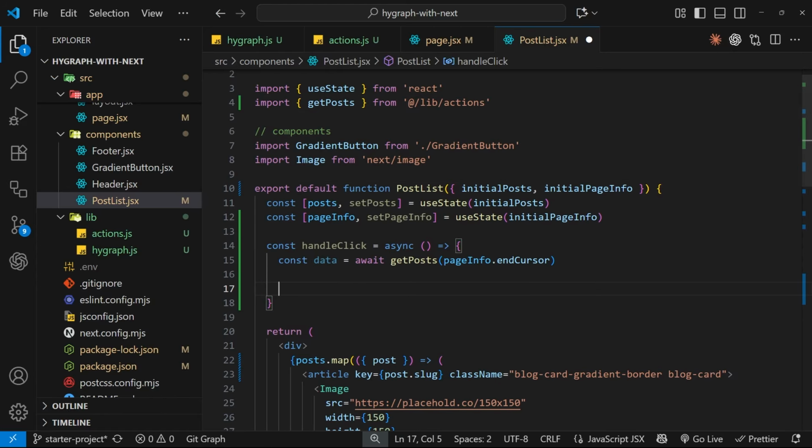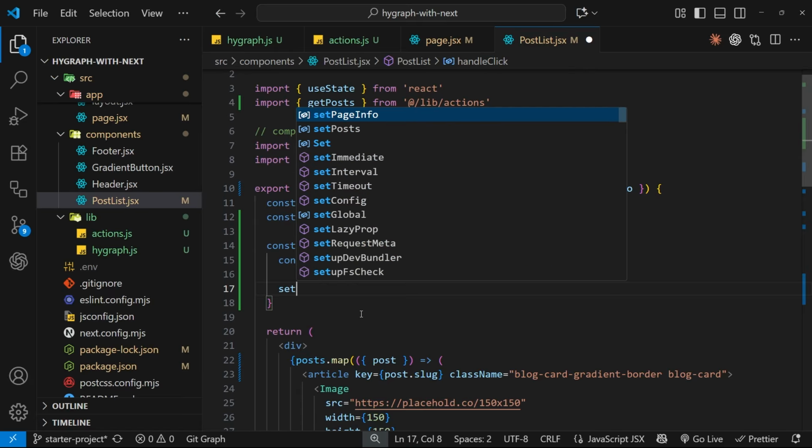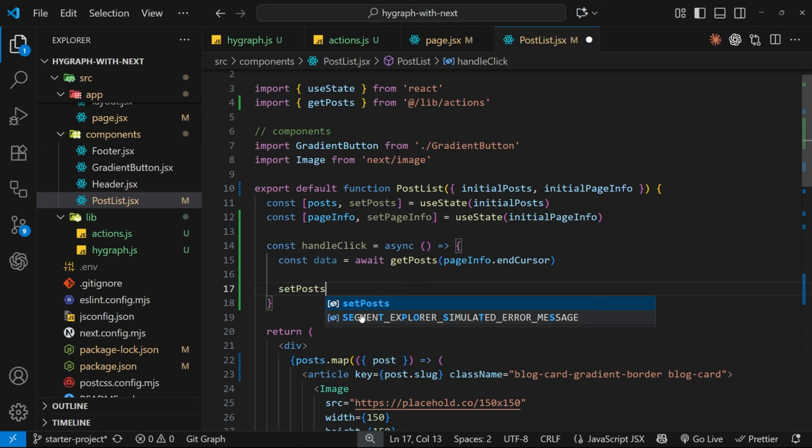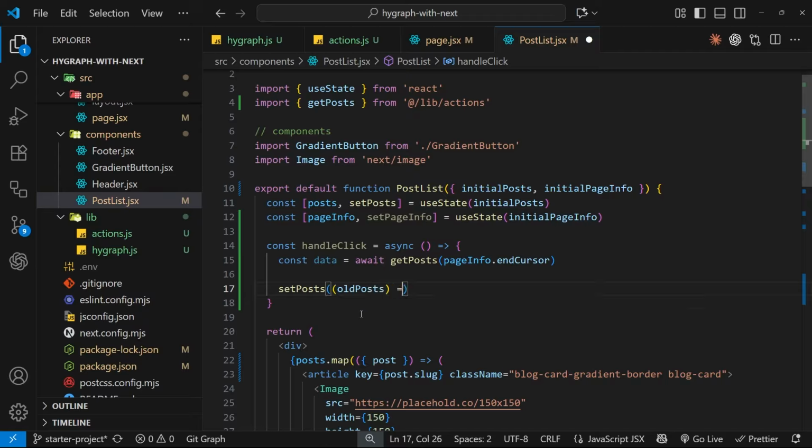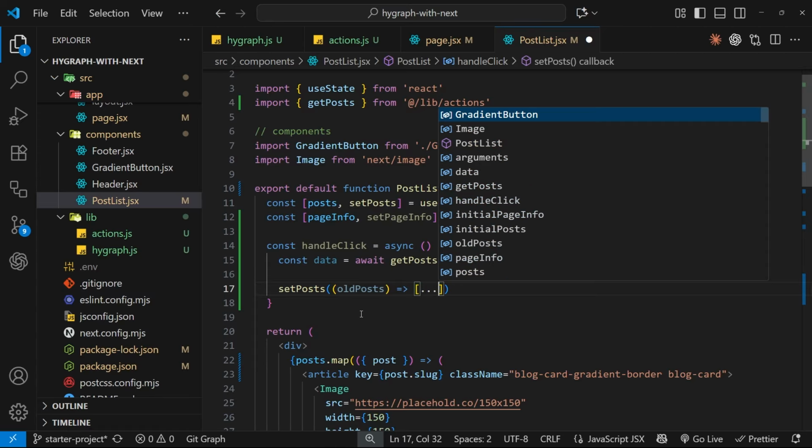All right, so now this data object that we get returned from the server function should have those two properties on it, right? The posts and the pageInfo. So all we need to do then is grab those values and use them to update the posts state in this component and the pageInfo state as well. So we'll do that to the posts state first of all by saying setPosts, and then we'll pass in a function that takes the old posts as an argument, and this function should return the new state of the posts, which is going to be an array of updated posts. So we'll return the array, and then we want to spread out all the old posts currently in the state first by